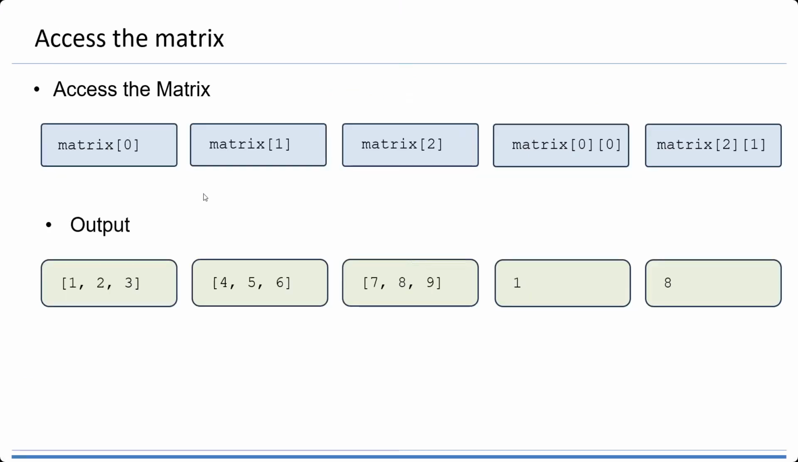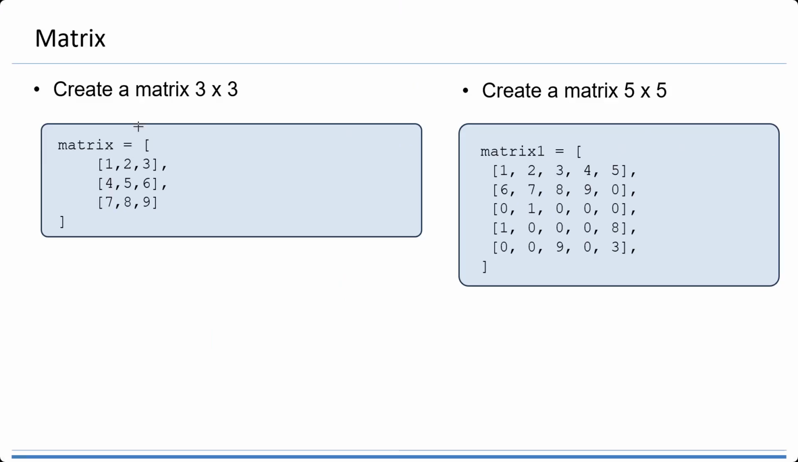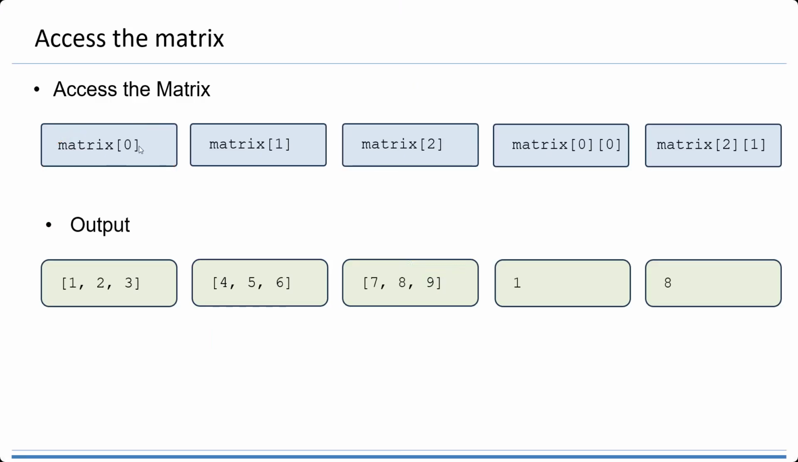How can we access the data in the matrix? Let's say I'm using the matrix 1, 2, 3, 4, 5, 6, 7, 8, 9. If I call matrix 0, as you know, it means the list in the first row, so the data will be 1, 2, 3. If we call the matrix at index 1, then this is the second row, 4, 5, 6. If we call matrix index 2, then this is the data in the third row, which is 7, 8,